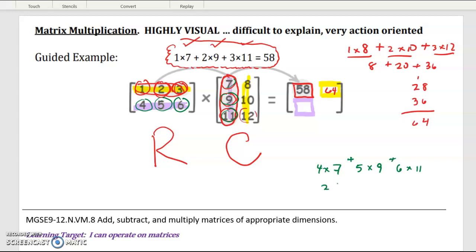So we have 28, 45, 66. If nothing else, like last semester we did a lot with fractions, you're going to be really good with your multiplication tables. All right, let's see if I can do this in a clever way. 28 plus 66 is the same as 30 and 64. So that's 94 plus the 45